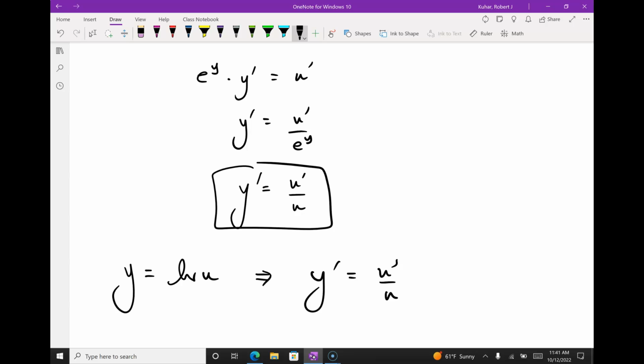So there's not much here. Just like in the arctan and the arcsine, find u prime, find u squared, plug it in. Same thing here. Find u prime, plug it in. Really, really simple. Let's start